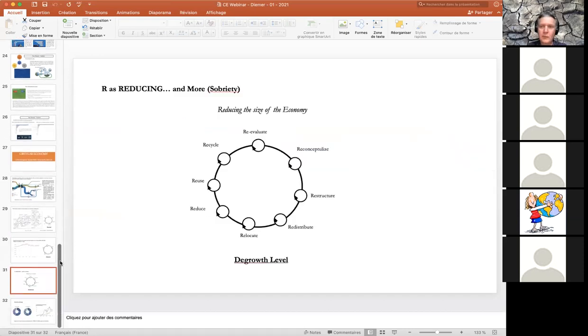The last two points I would like to mention: there is another R that we sometimes forget, reducing. And when you say reducing, it's not only reducing the size of the economy, as I mentioned before. I still believe that it means a shift of paradigms. When we talk about degrowth, for example, and I still believe that degrowth can bring a lot of added value to